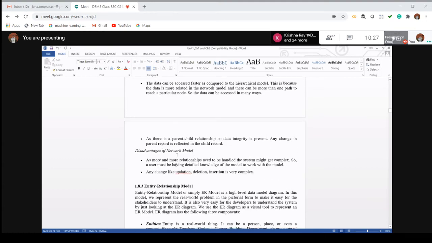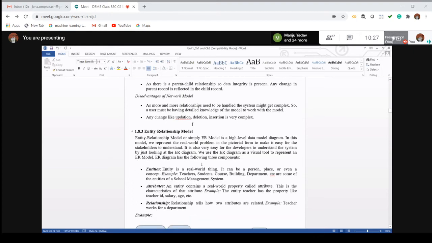Okay. Now the third thing is the ER diagram or ER model. We have already completed the ER data model. So what are the basic components of the ER model? Either an entity or a relationship. So the entity relationship model, you can call it an ER model or ER diagram. The basic components are entity and relation.